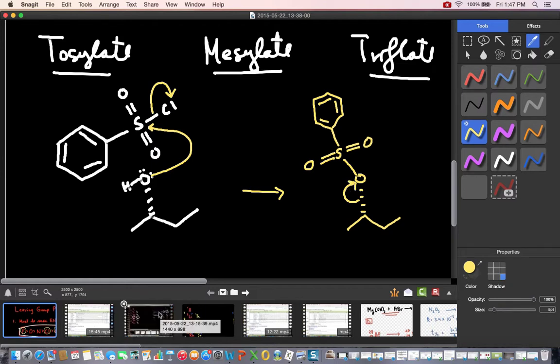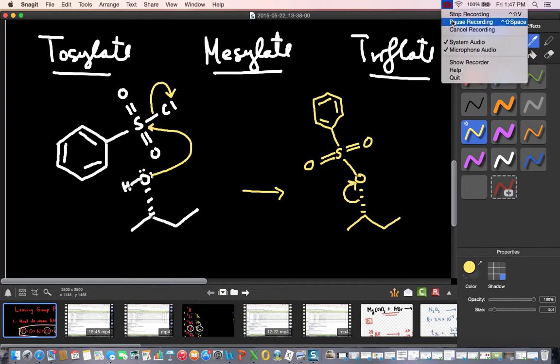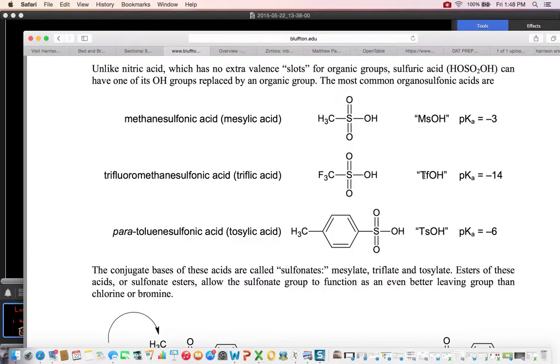The mesylates and the triflates are going to be different structural analogs, and they're going to operate on the same premise. So this is the tosylate derivative of the alcohol that I've made,